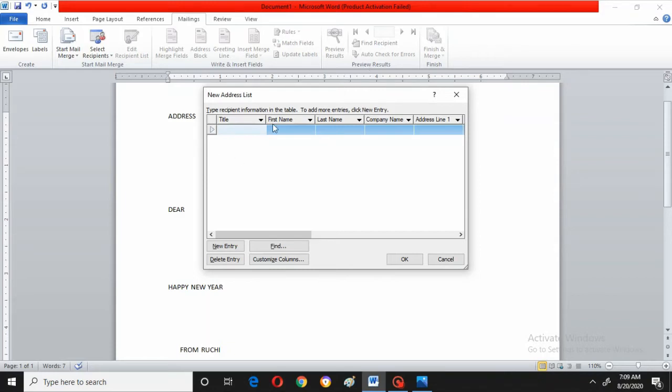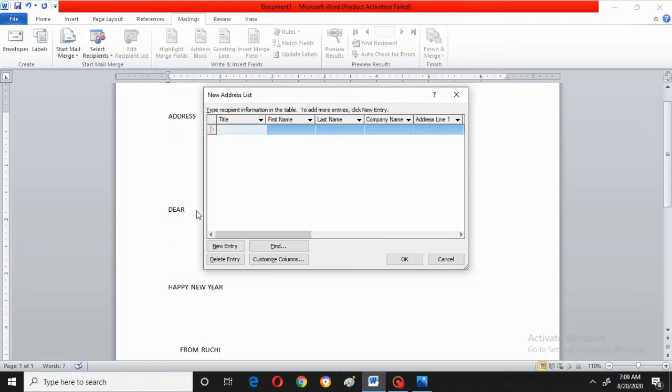So I am going to type those fields here. These title, first name, last name are nothing but field names. They are there by default, but I don't want all those things in my letter. I want to create my own field names. Those field names you will be giving here, so then it will take the different names.